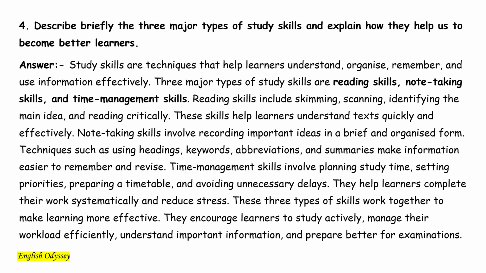Now let's move on to the last question of section B, question 4. Describe briefly the three major types of study skills and explain how they help us to become better learners. Okay, in this answer, I have explained three major types of study skills: reading skills, note taking skills, and time